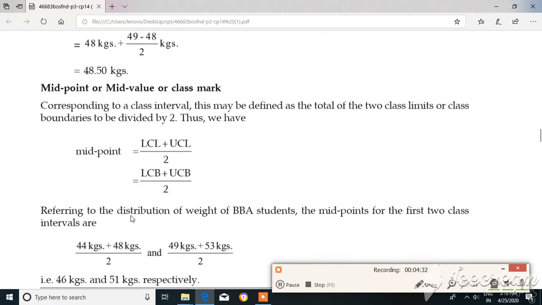Now what is midpoint, or mid value, or class mark? The midpoint is upper class limit plus lower class limit divided by 2, or lower class boundary plus upper class boundary divided by 2. So this gives me the midpoint or mid value. When I have to consider any data into individual observations, so these midpoints are